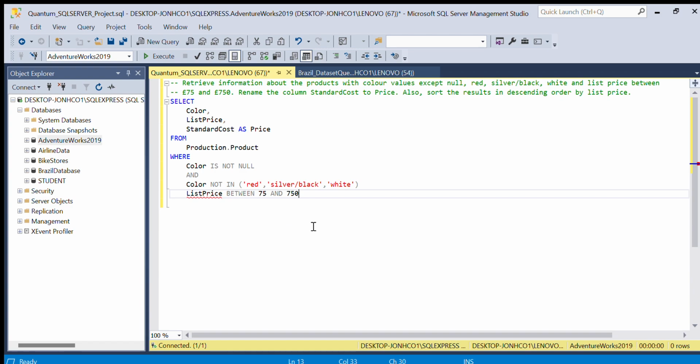Why is it underlined? Okay. The end. There should be another end here. Yep. And